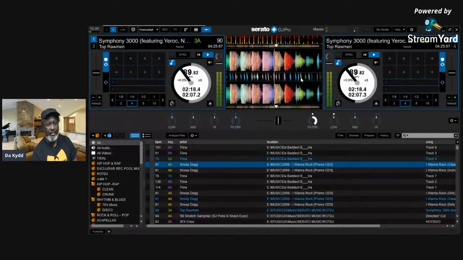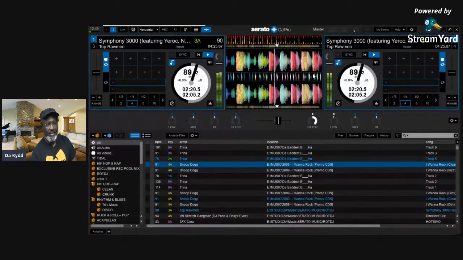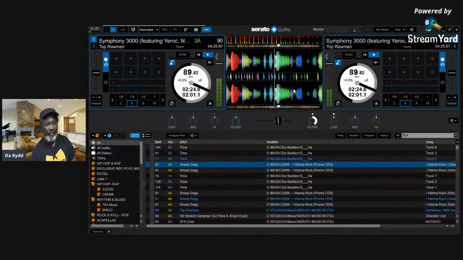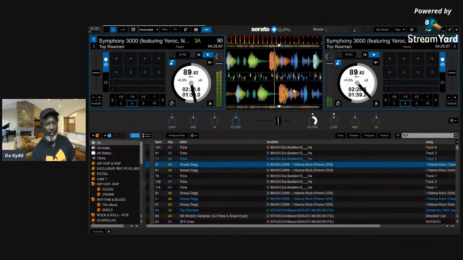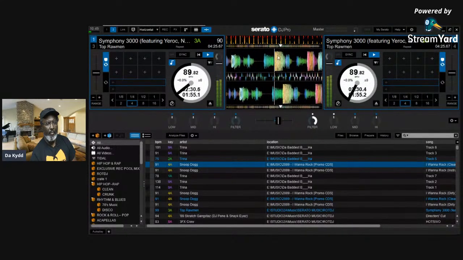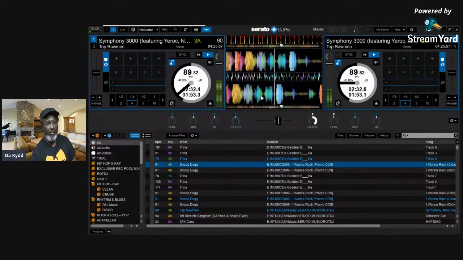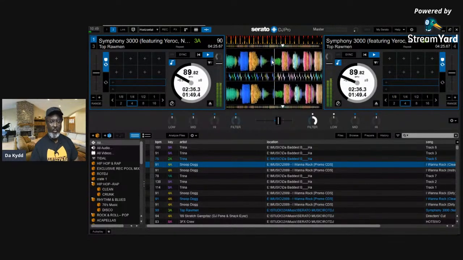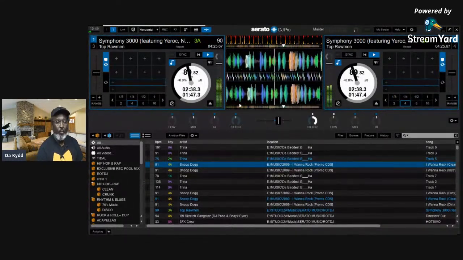As you can see, everything right here is in sync. It's slightly off a little bit, but close enough. Oh, now I messed it up. Well, anyway, that's close enough. So